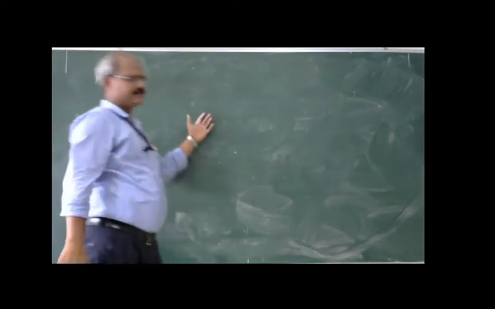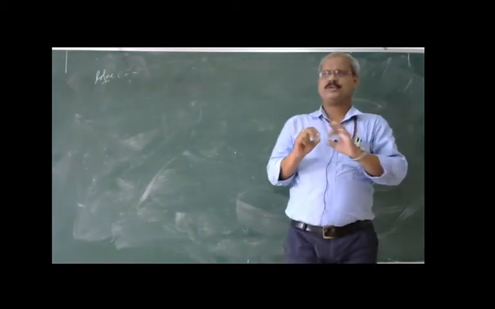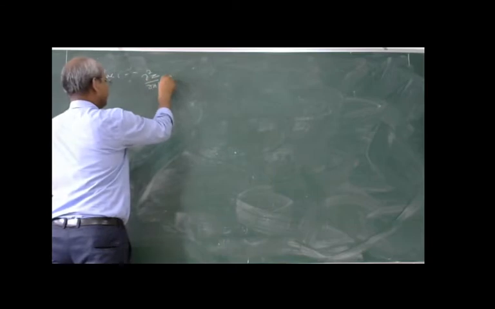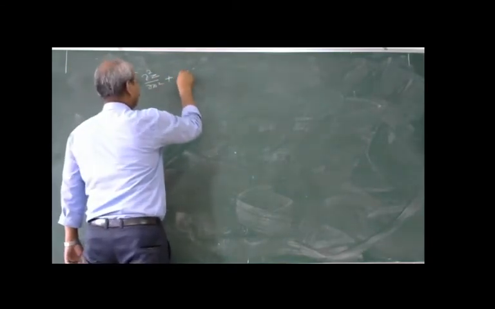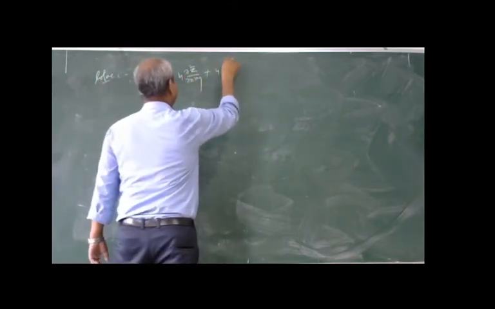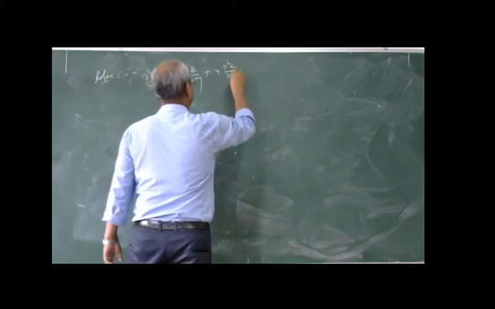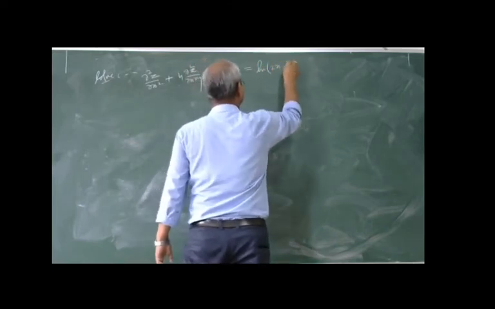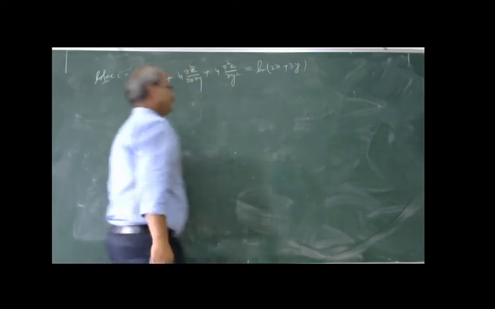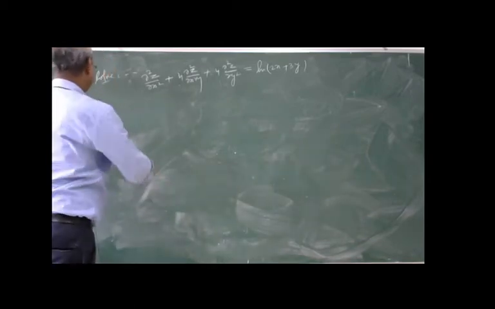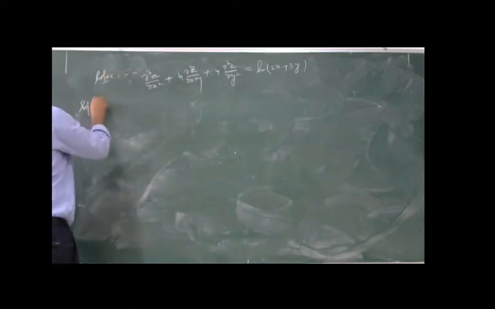You can make a problem of your own, or take a problem from anywhere. There is no such restriction, it is not written anywhere. Whichever previous problem you have solved, let us consider and solve it: del 2z upon del x square plus 4 del 2z upon del x del y plus 4 del 2z upon del y square, which is equal to sin 2x plus 3y. Let's see here. This is a very simple question. Let us see how to solve this type of problem.